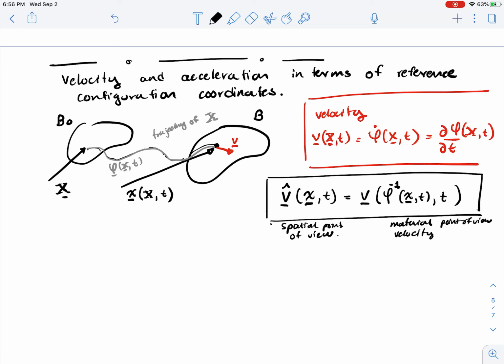I don't know where it was, but it's now a particle little x at position little x. That's the difference, sort of where you are asking the question. So that would be the velocity. And then for the acceleration,